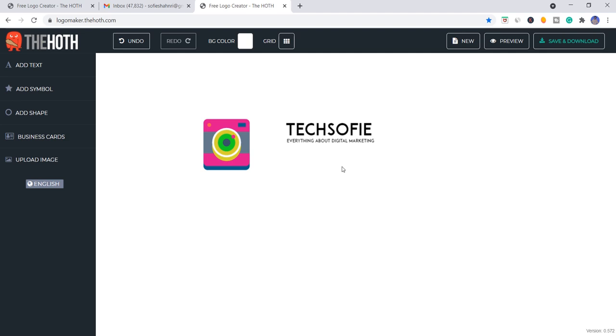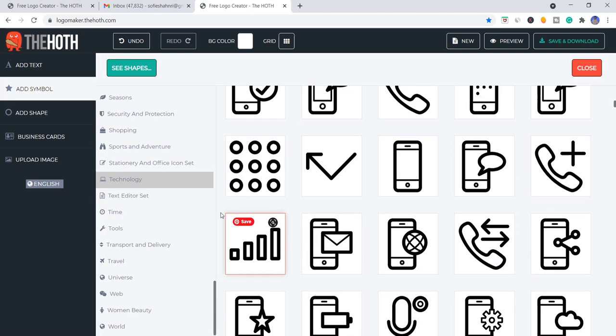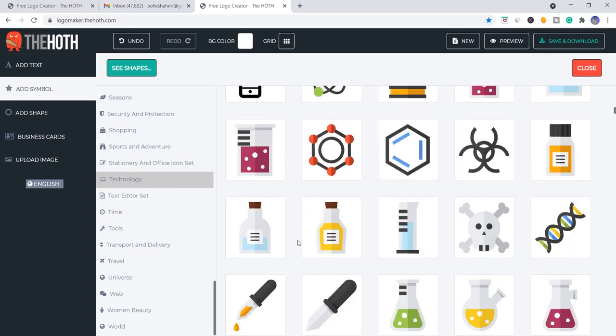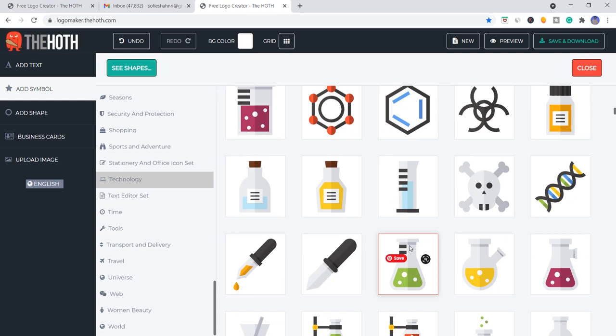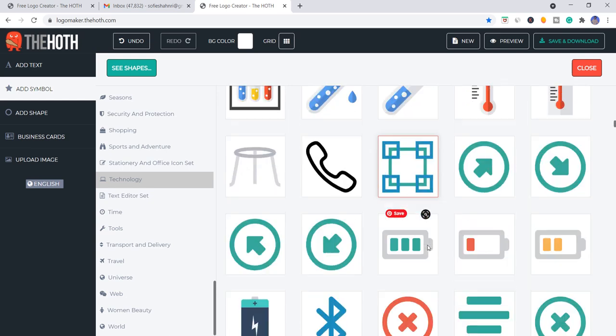Now if you want to make some changes, if you want your logo to be something unique, all you have to do is go to the add symbol feature, and if you want to add some more symbols to your logo, simply check whatever is suitable for your website.